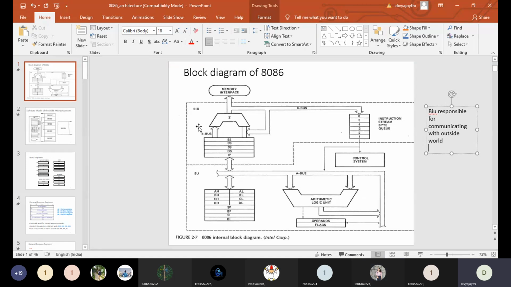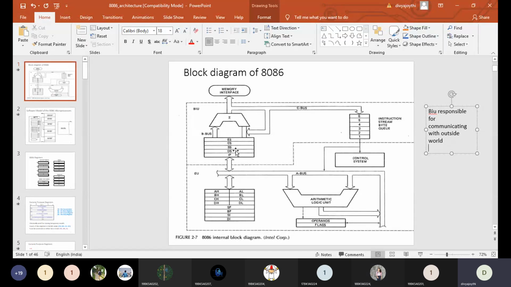Yes, ma'am. So here you need to understand one thing, that I'll now come into 8086. 8086 has 1 MB, which means the entire library is being segmented into 4 segments. It is being divided into 4 segments. See, in the BIU, here you can see ES, CS, SS and DS. Can you see these 4 registers, ma'am? ES, CS, SS and DS.